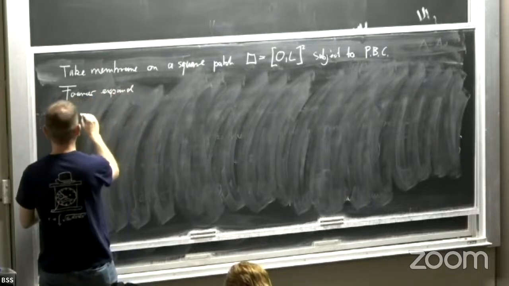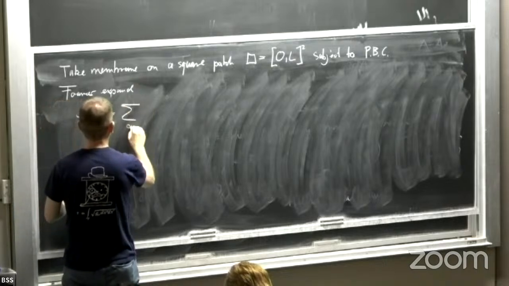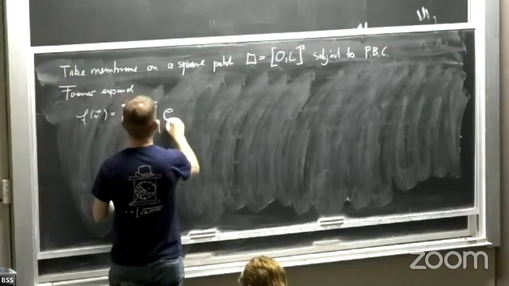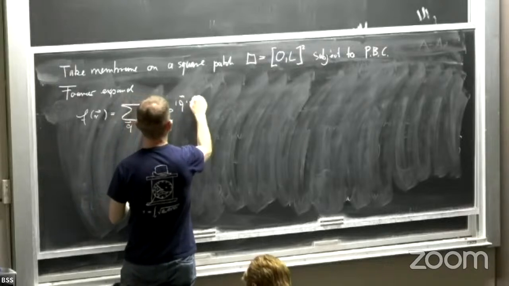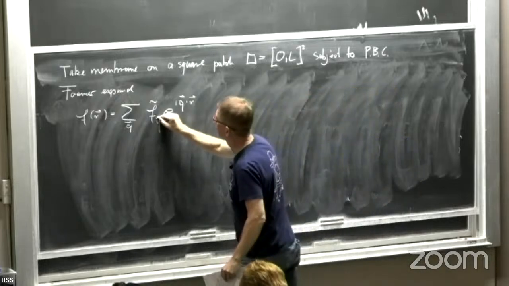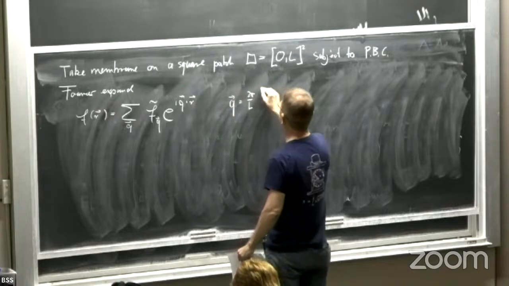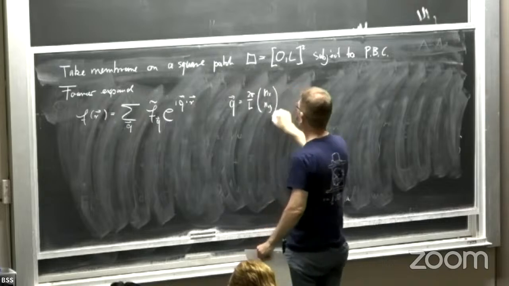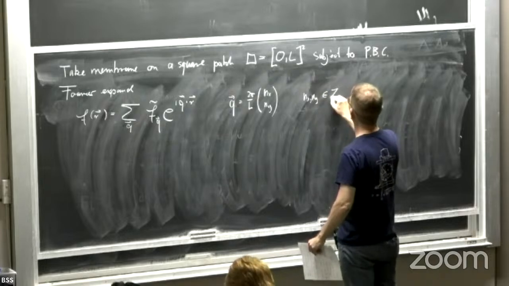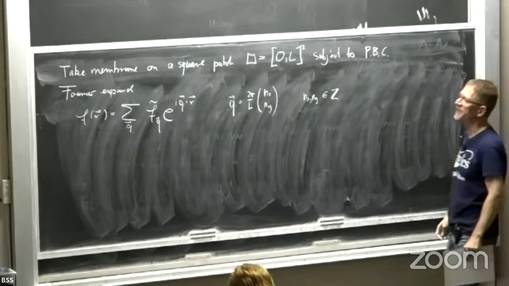So I'm going to write the surface f of r as a sum over Fourier modes q, Fourier coefficients f tilde of q, and e to the iq·r. To be precise, what are these q's? The Fourier modes q are, of course, 2 pi over L times nx and ny. Nx and ny come from the integers. And there's one more condition I need to be careful about, which is that this is a